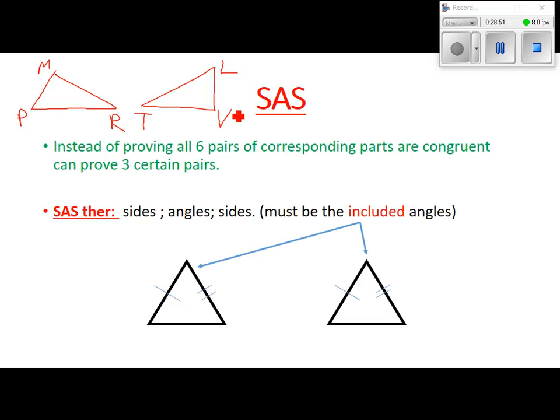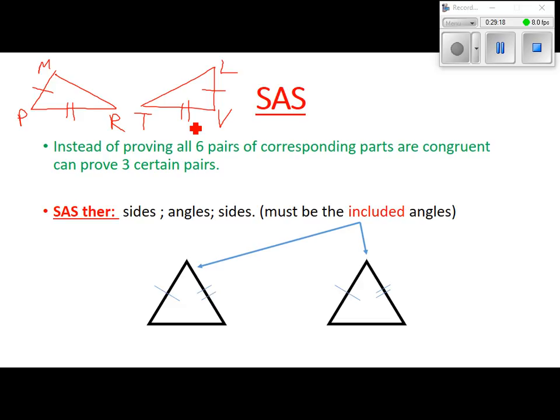We look at these 2 triangles. To use side, angle, side, looks like segment MP would have to match up to what in the other triangle? LV. So let's say we know MP and LV are the same. All right? And looks like segment PR would have to match up to what? TV. If we know this side is congruent to that side, this segment's congruent to that segment,